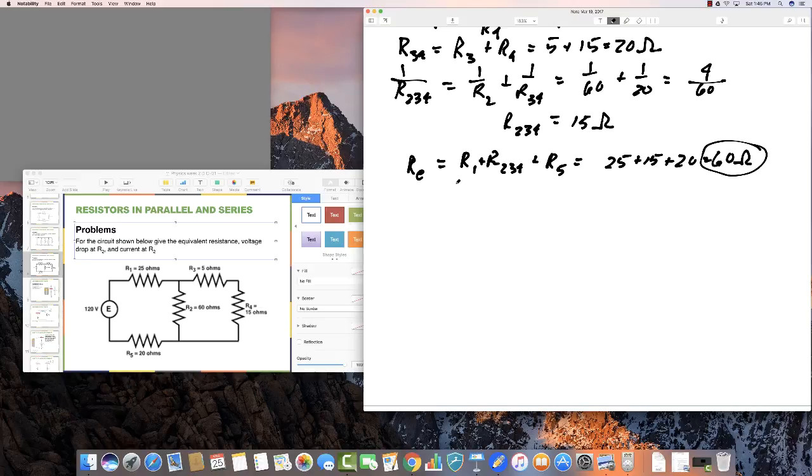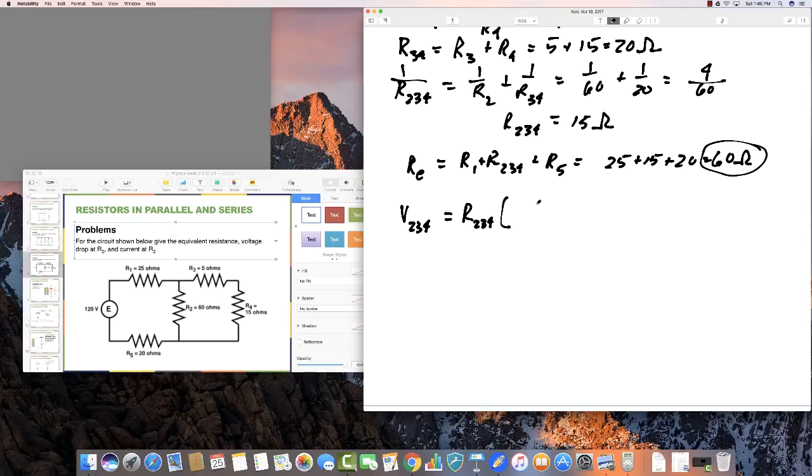Now, in order to do the next part of this, we have to know the voltage that enters right here, because this combination with this is in parallel. So if we know the voltage coming in here, we know that the voltage passing through here is the same as the voltage passing through R2. Okay? So the voltage, and I'm going to call this voltage V234, is equal to the resistance R234 that we just calculated times